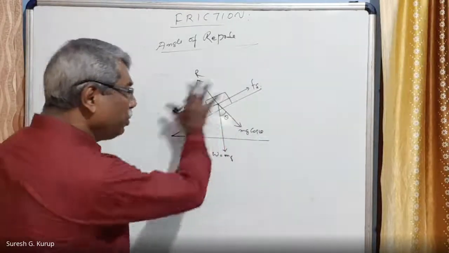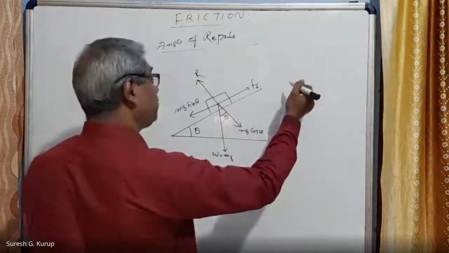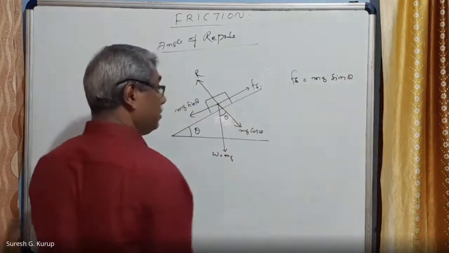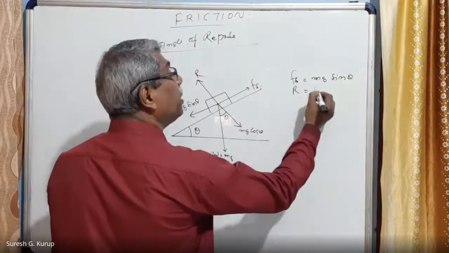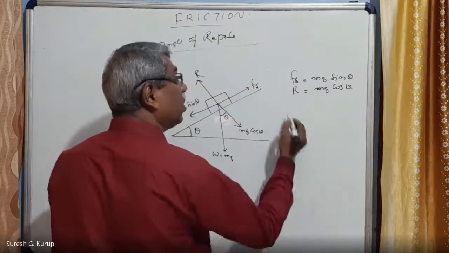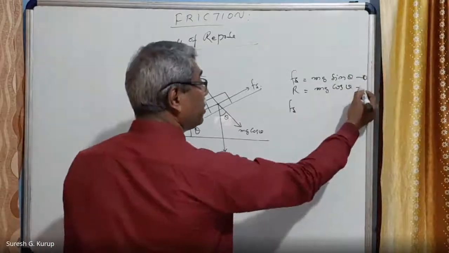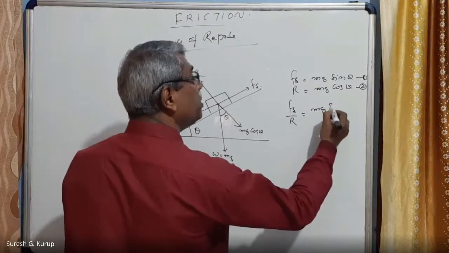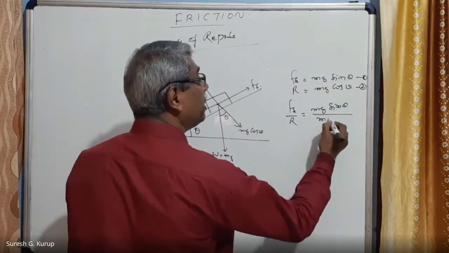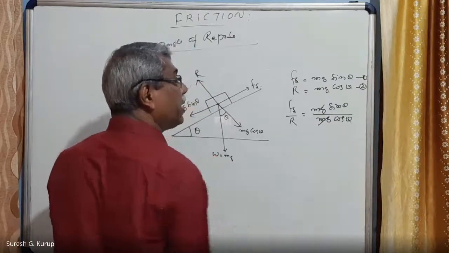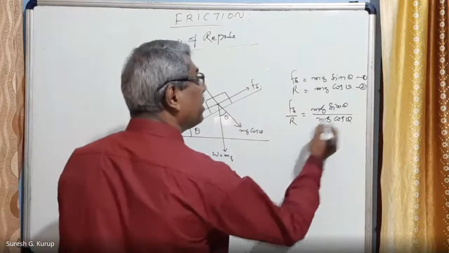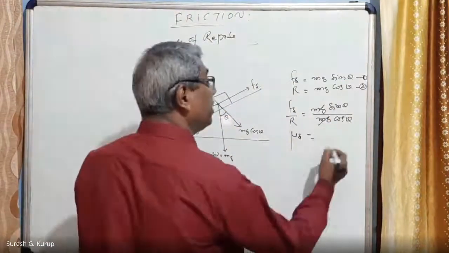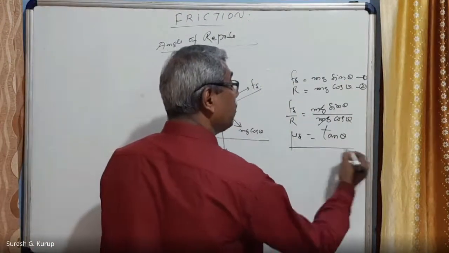Am I correct? Now, from the figure, what we can write is Fs is equal to mg sin theta, and also R is equal to mg cos theta. Therefore, this is equation 1, this is equation number 2. Dividing 1 by 2, we get Fs by R is equal to mg sin theta divided by mg cos theta. Mg and mg cancel, right? Then Fs by R is equal to mu s. So mu s is equal to sin theta by cos theta, which is equal to tan theta, where theta is the